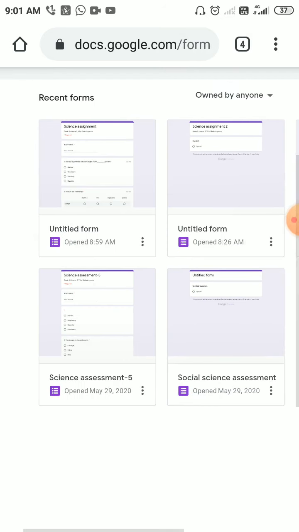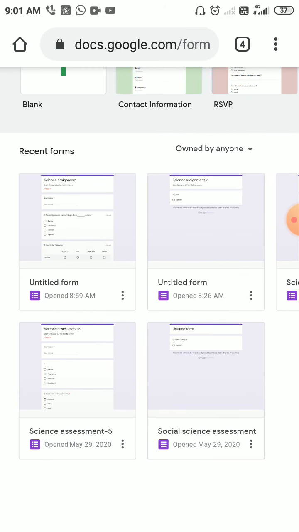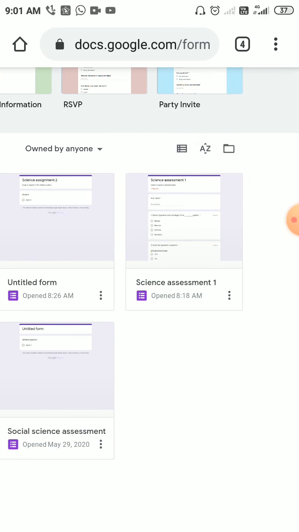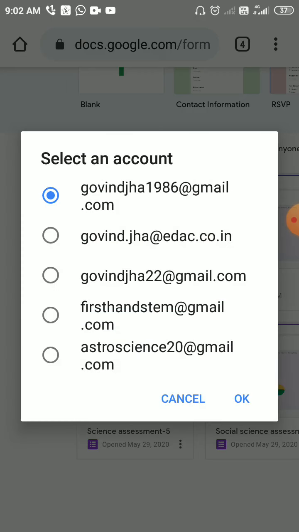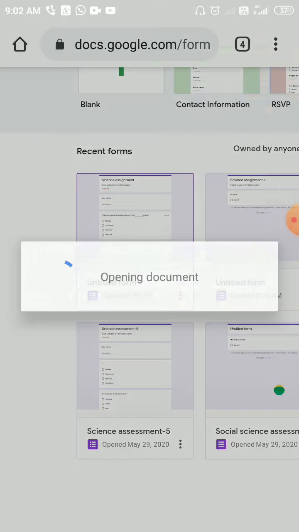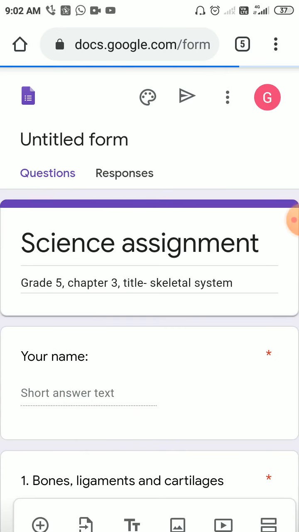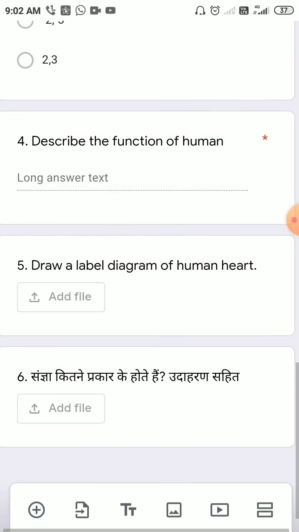Right? So let me go to the form which I made. So I made this one. This was the form that I made today.